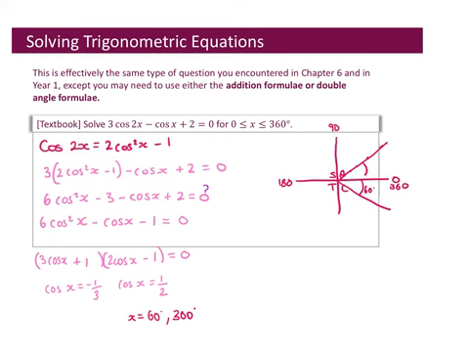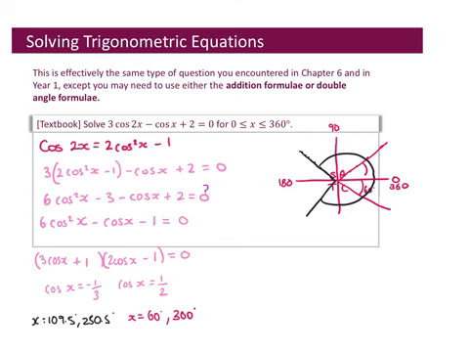Perfect. And then we're going to have cos of x equals minus a third. Minus a third, when I put that into my calculator, I'm going to get 109.5. Okay, which is roughly here. So it's this angle. And then I'm going to reflect it in this line. So if I do 360 minus 109.5, I get